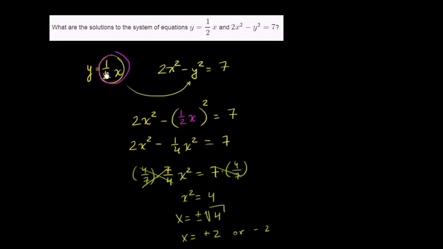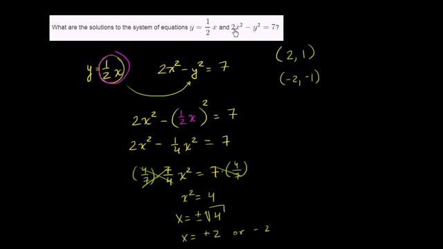So if x is 2, y is going to be 1/2 of that. It's going to be 1. So we have the point 2, 1. All I did is say, look, x is 2, 1/2 times 2 is 1. If x is negative 2, then y is going to be 1/2 times negative 2, which is going to be negative 1. And both of these definitely satisfy this first constraint,